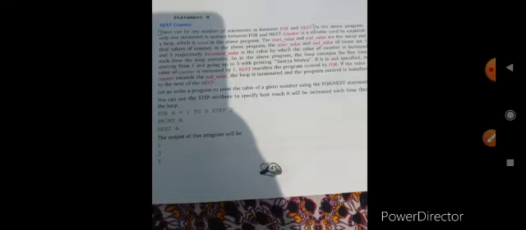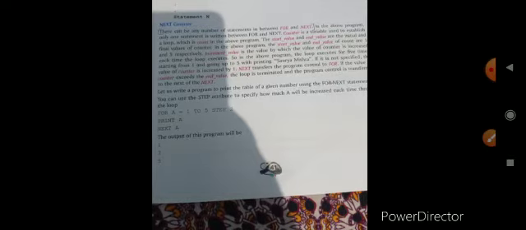So counter is a variable used to establish a loop, which is count in the above program. The start value and end value are the initial and final value of the counter.